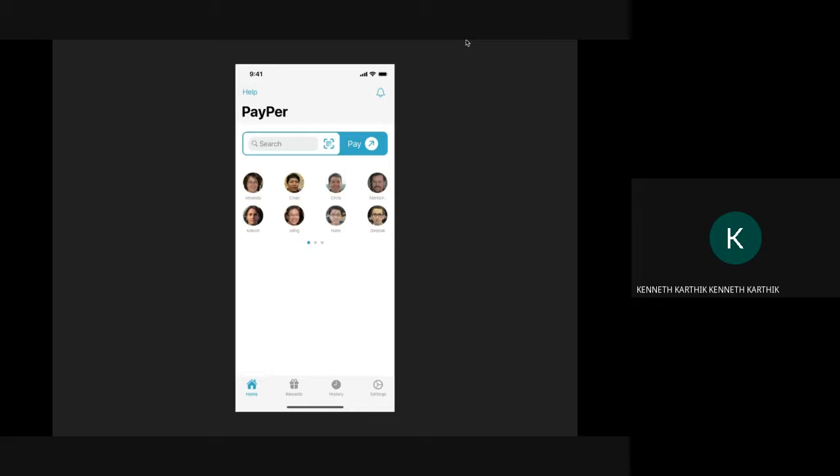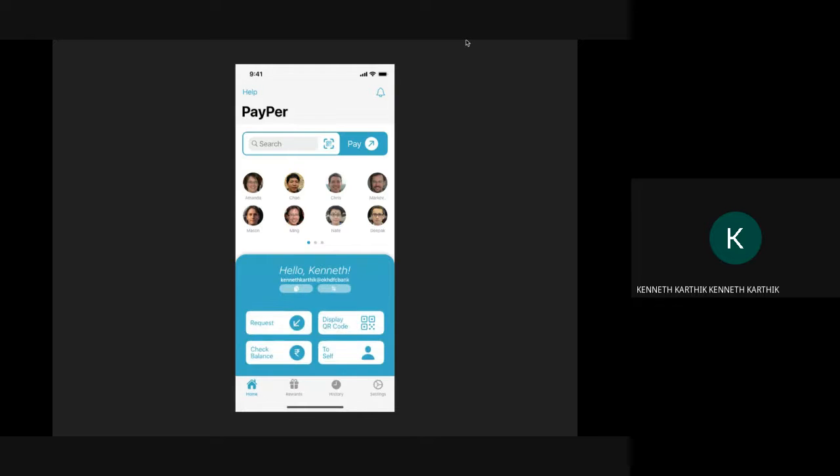Then, since suggestions are obviously a good thing, like your recent contacts and your recent payments, that was something common between all of the applications. So we kept that in, with suggestions over there. And a card-based UI. Same as what I spoke about earlier, card-based UI is very prominent in mobile design.